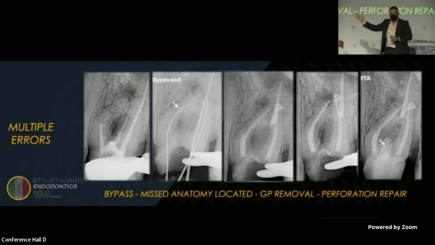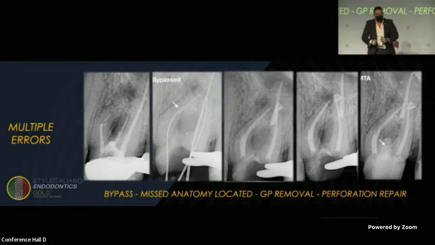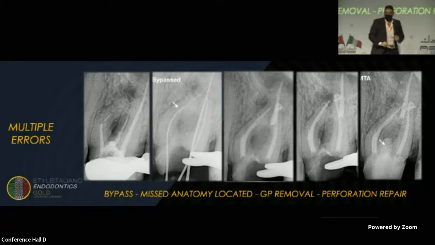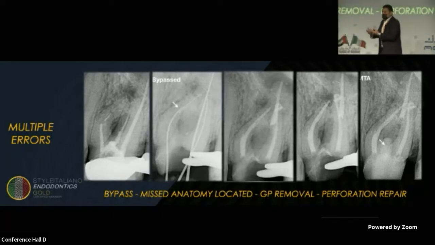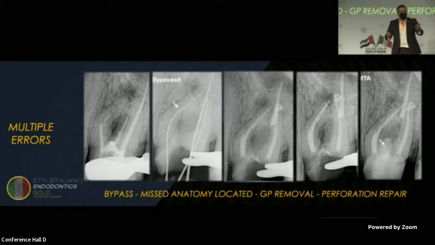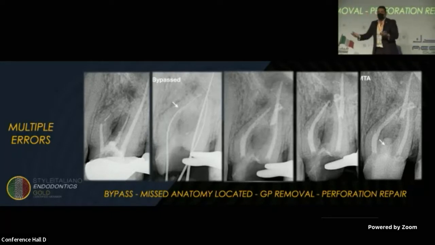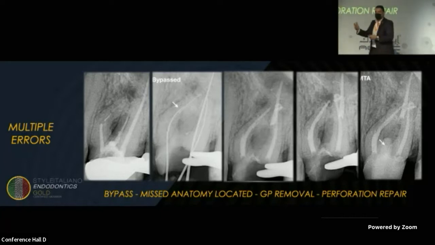For the separated file, as it is beyond the apex, I know that retrieval is not an option for me because I can't see the file. It's already beyond the apex. So bypass is the solution. For perforation, I know that I need to seal it with MTA. For missed anatomy, it's easy for me. It's already a distobuccal canal, not an MB2. So actually, it's easy. Using magnification and ultrasonic, I can manage. So whatever the errors in the tooth, as it is manageable, we can continue our treatment and provide good quality